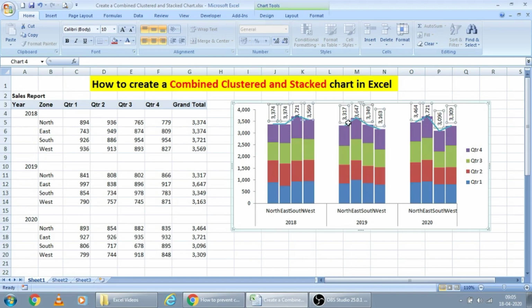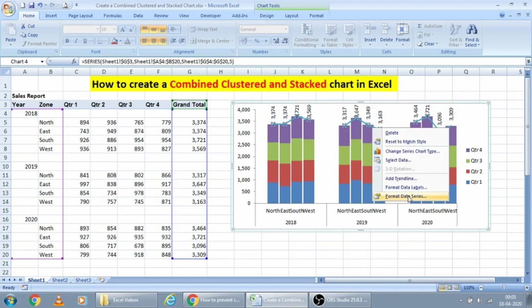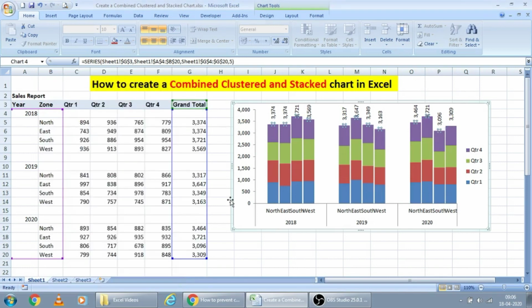This line I don't want to show. For that, I am putting this color as no line. Right click, go to format data series, line color, just make it no line, so the line will not be visible, but the totals are still available at the top.